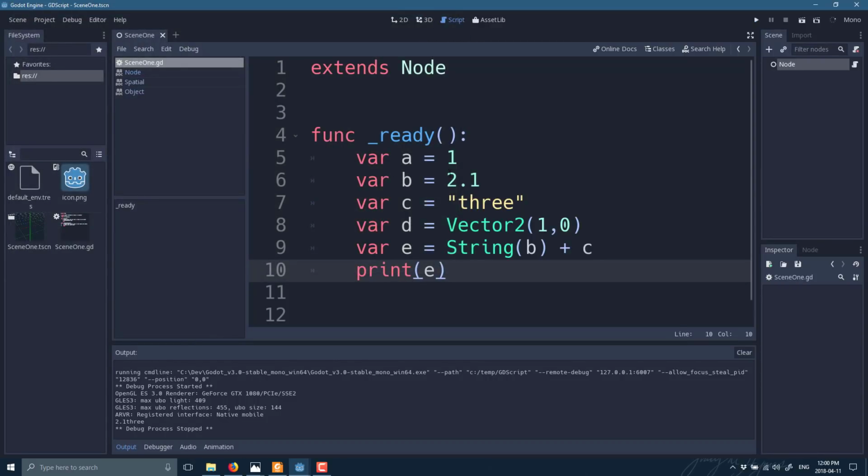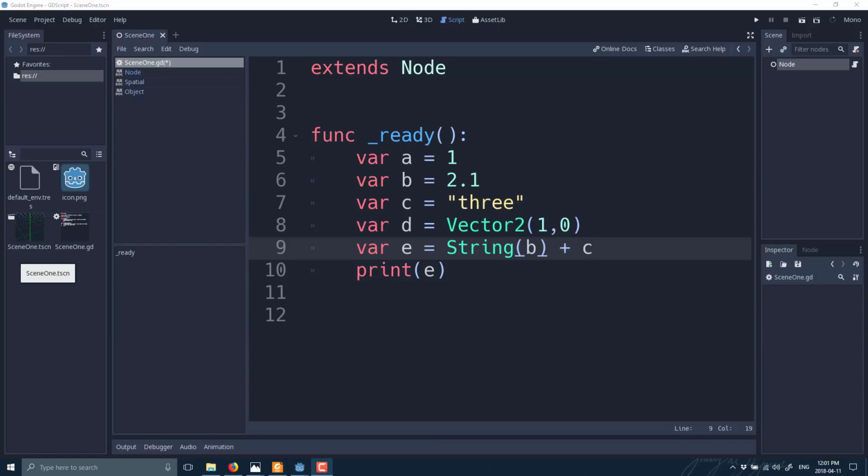So what it's done basically is it turned 2.1, with this conversion right here, into a string, and we add another string to it. So this add operator is figuring out on the fly, okay, I'm adding a string to a string. But what would have happened otherwise here? Well, this is where the duck typing thing comes in: once it's assumed something is something, it goes with that. So if I hadn't done this implicit cast here, so if I hadn't turned b into a string,